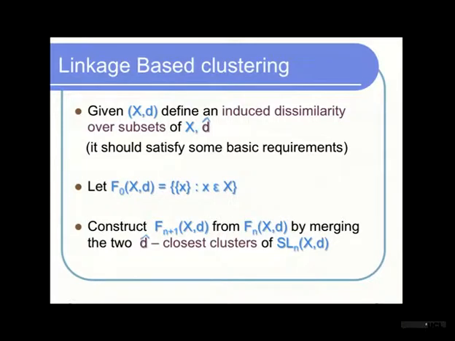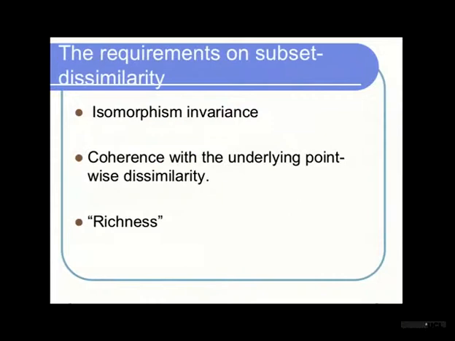So note that such an algorithm depends on this d hat. How do I define distance between 2 clusters? Single linkage defines the distance between 2 clusters as the distance between the closest points. Average linkage defines the distance as the average distance between the points. Max linkage defines the distance between 2 clusters as the distance between the furthest points. So in general, you can pick very many such extensions of the distance to distance between sets and come up with a linkage-based algorithm. We have some requirements for such linkage functions, which I will not